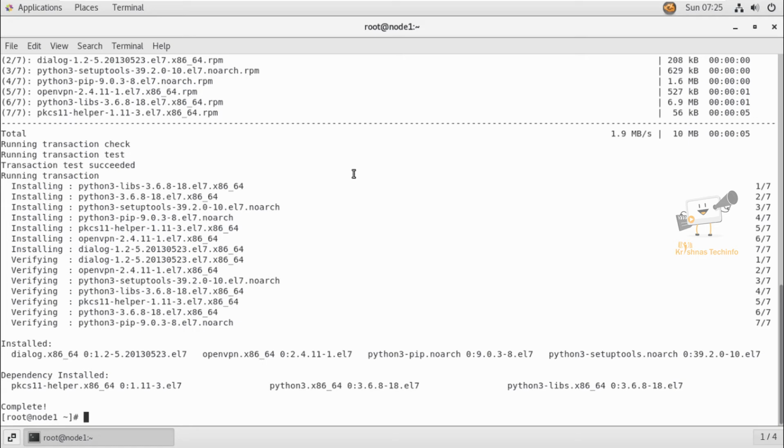To install the Proton VPN client, you need to install using the pip3 command: pip3 install protonvpn-cli. Now press enter.